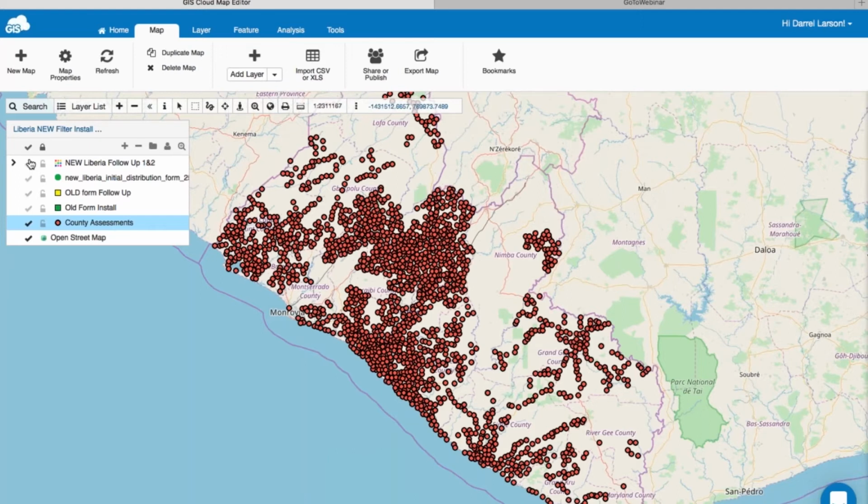What happened was that when The Last Well got to Liberia, they had some of the government census data. They needed to know where people lived, and what kind of water sources people had, whether they had working wells or wells that needed to be repaired, where the large villages were, where the small villages were, all those kinds of things.